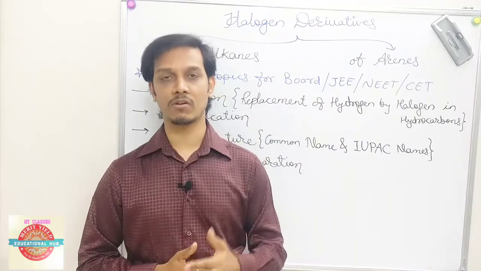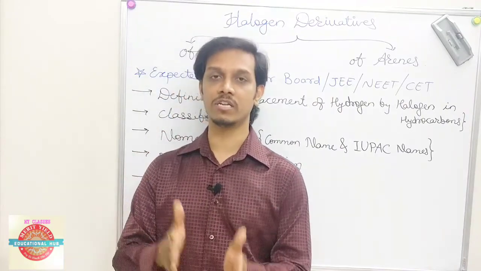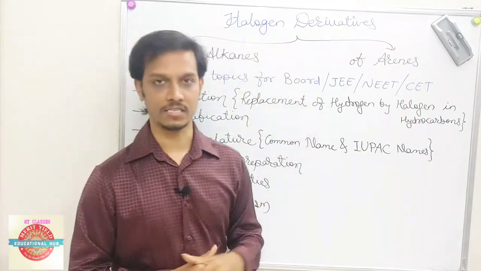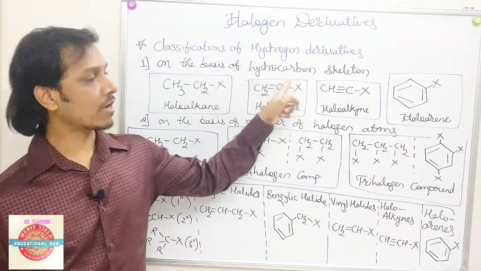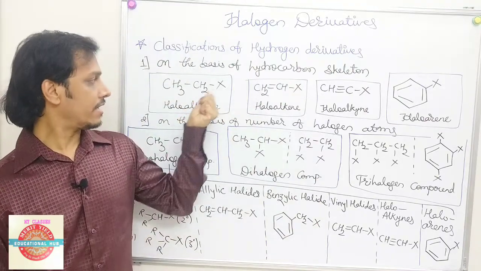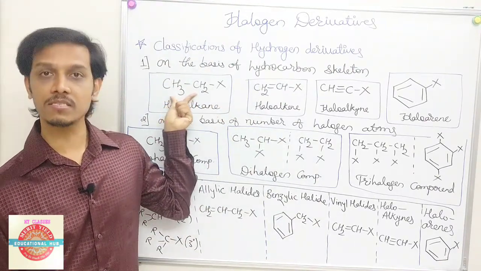The replacement of hydrogen by halogens in hydrocarbons is called as halogen derivatives of alkanes. So this is the halogen derivative of alkanes. Now the classification of halogen derivative is based on the basis of hydrocarbon skeleton. What is the meaning of hydrocarbon skeleton? So you can see here the X, that is halogen, is bonded to a saturated system, that is single bonded